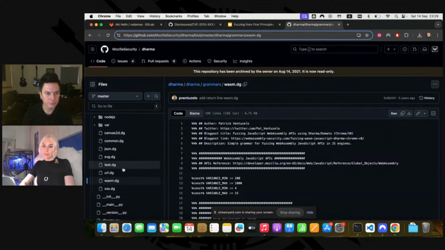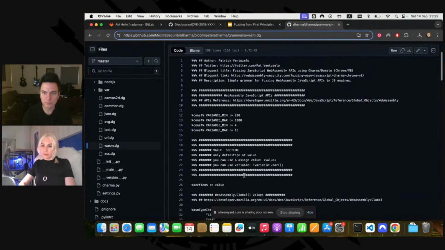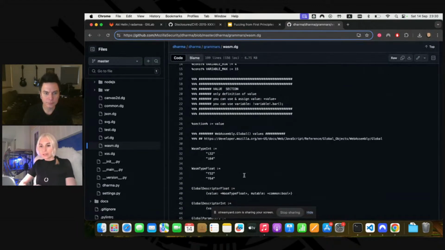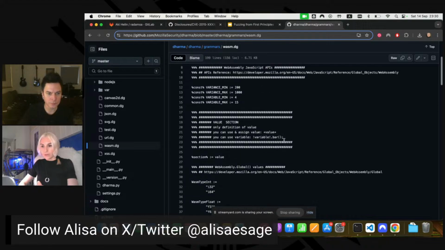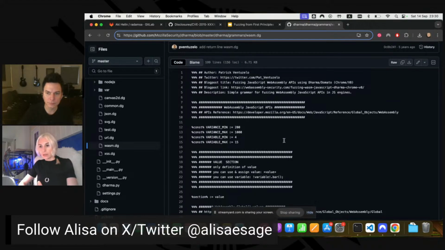So it has some sample grammars, but because the language is quite simple, you can easily write your own grammar for a specific file as long as you know the format of that file. And in this way, you can actually improve your fuzzing a lot, and it can be applied to different formats. So yeah, this is also a very old tool, more than 10 years old, I think, and it's still very actively maintained, and it still keeps finding bugs.